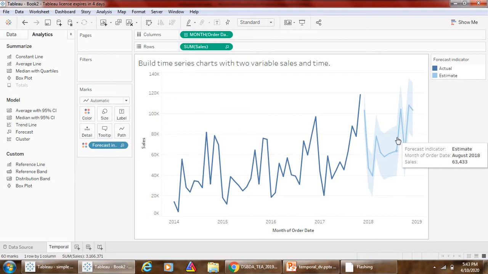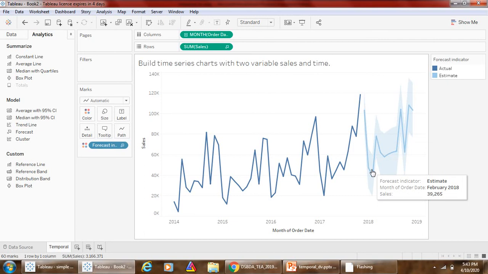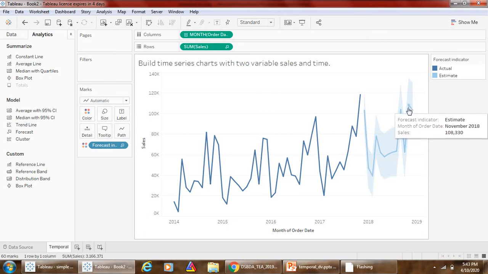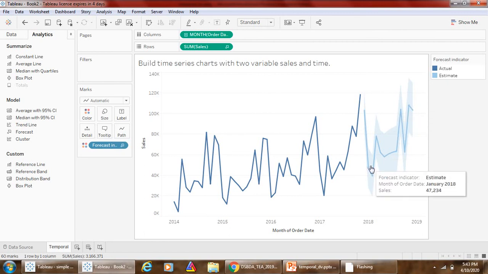So what you are seeing, according to Tableau forecast, the seasonal trend does continue into the future. That means at the end of year, sales values are higher as compared to start of year. So this is how you can use forecast model in time series chart.